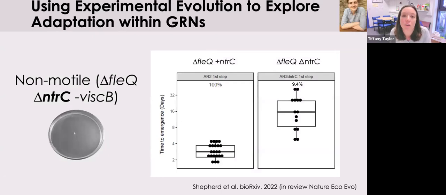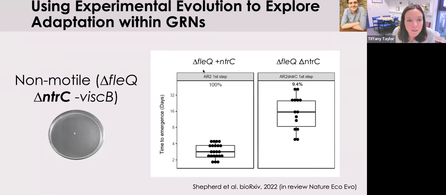And so this became the focus of PhD student Matt Shepherd. He's just finished, actually, he just did his Viva last week, and he's now a postdoc at the University of Manchester in the Brockhurst lab. And he engineered a double knockout mutant, so delta FLEQ and delta NTRC, removing that commonly rewired NTRC transcription factor, so forcing it to go down another evolutionary pathway. And he left these to evolve in the middle of an agar plate. And the left-hand panel here is showing you the time to emergence, so the time it took for these motile